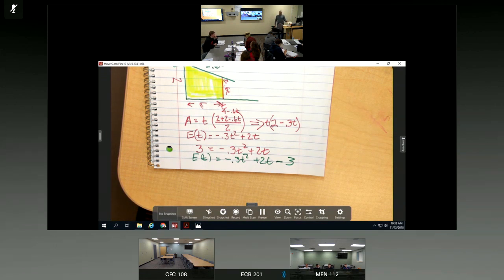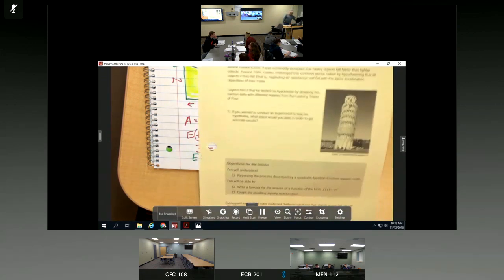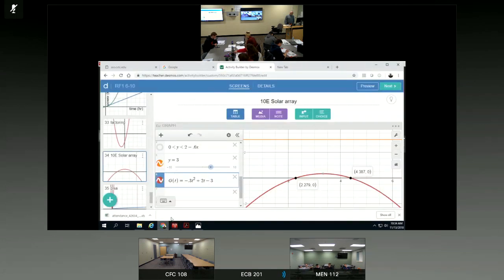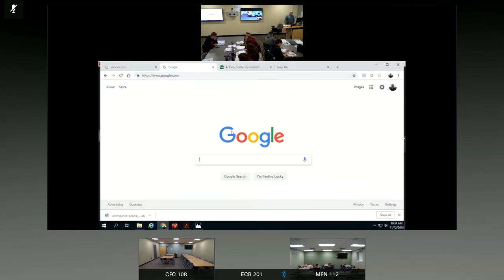Last thing, chapter 11. Before Galileo's time, it was commonly accepted that heavy objects fall faster than lighter objects. Around 1589, Galileo challenged that notion by hypothesizing that objects in free fall will fall with the same acceleration regardless of their mass. Let's look at